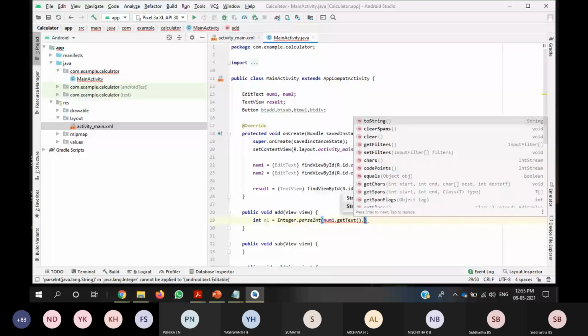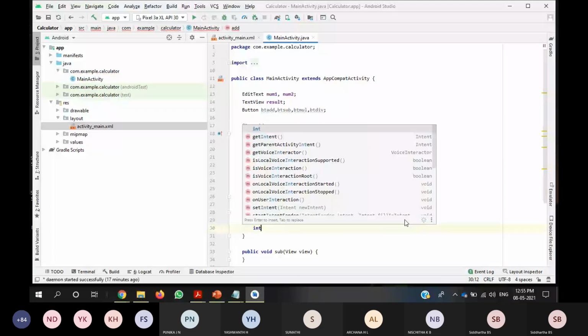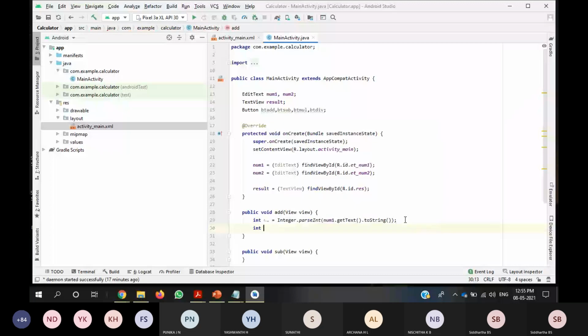So here you will enter the number, you will get that value as a string, then the whole thing will be passed into Integer. Same way for int n2 equals Integer.